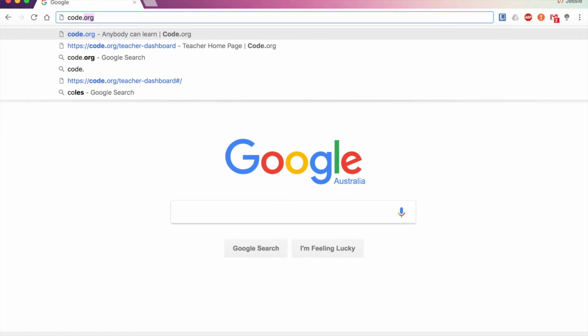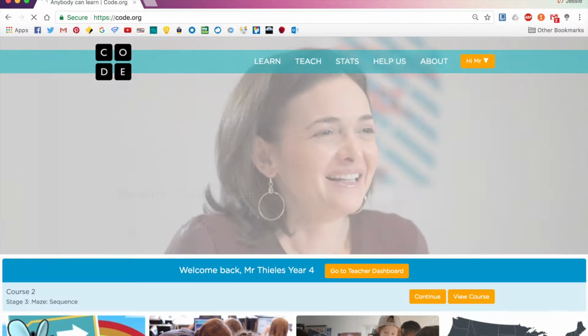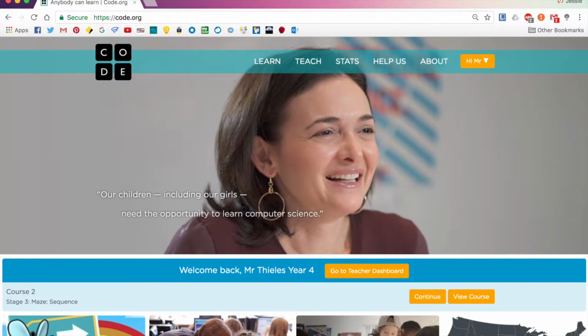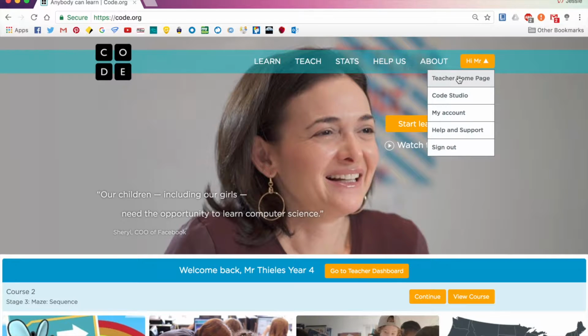Type into the URL bar code.org, it will take us to this site. Basically this site was started up by Mark Zuckerberg and Bill Gates, and it is to teach children how to code. So if we go up to here where it says Hi Mister, go to Teacher Homepage, we can